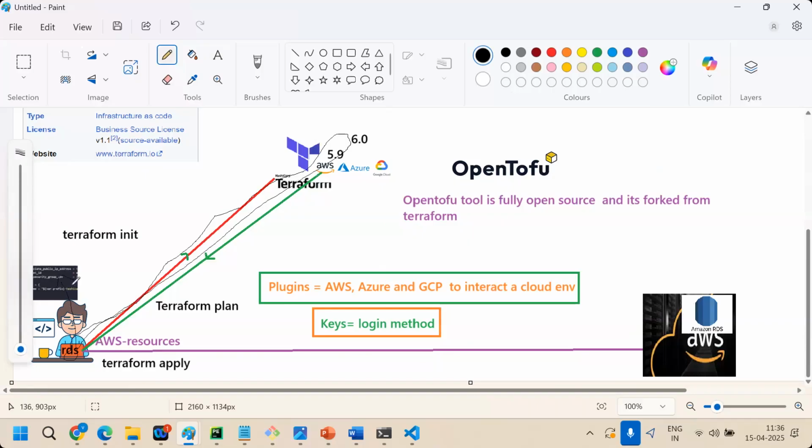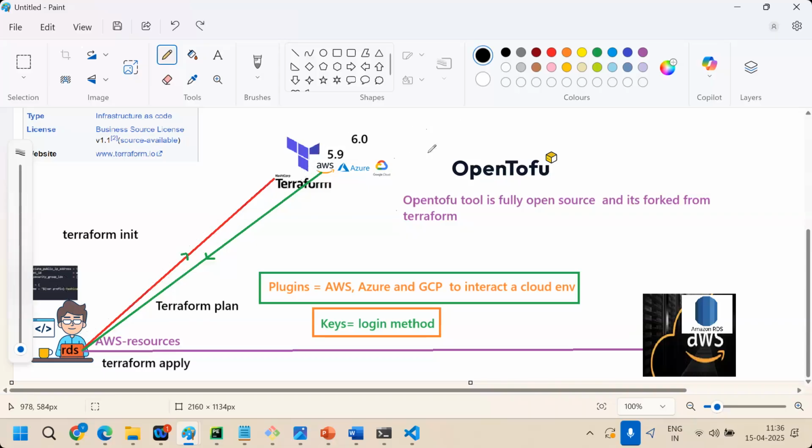In every version they may implement some security patches, whatever it is. That may support, may not support. We don't know, right? So simple logic. Now 1.0 plugins do not support this present code at all. 2.0 also does not support at all. Like that, every version has new changes. Those changes you should first make in your source code, then you can run Terraform init. Otherwise, your code may fail.